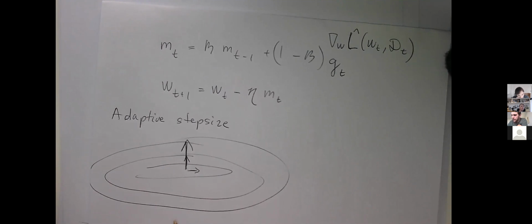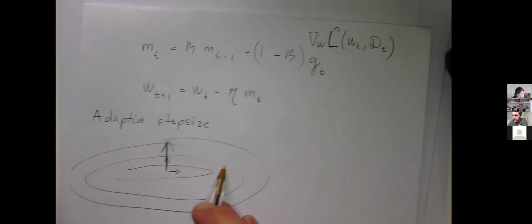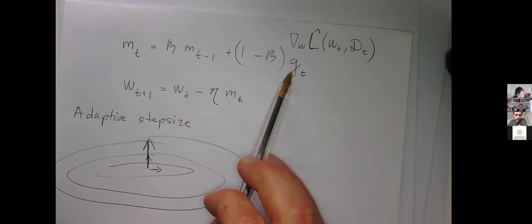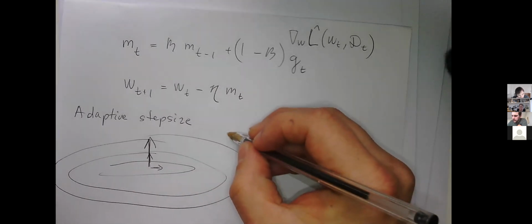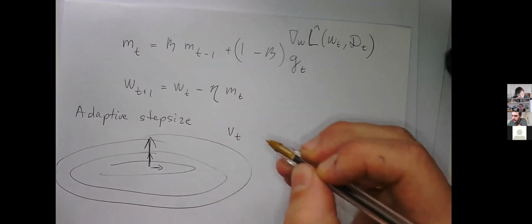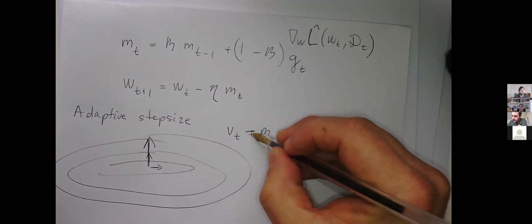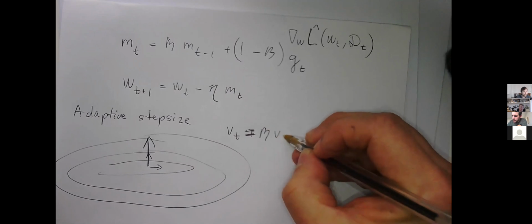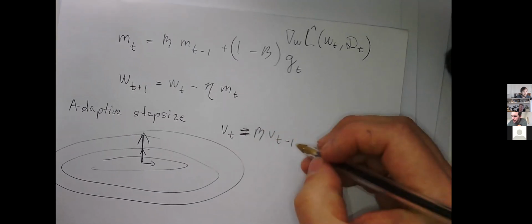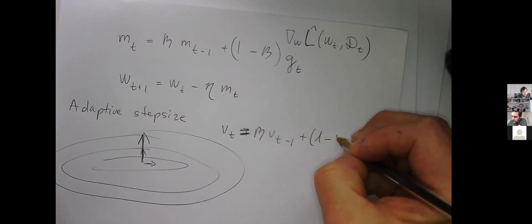And so what Adam is trying to do is it tries to estimate on the fly the norm of this gradient, similarly to how it estimates on the fly the average of the gradient. So we are going to have this v_t term, which is going to be beta times v_{t-1}. So it's another exponential moving average, plus 1 minus beta times